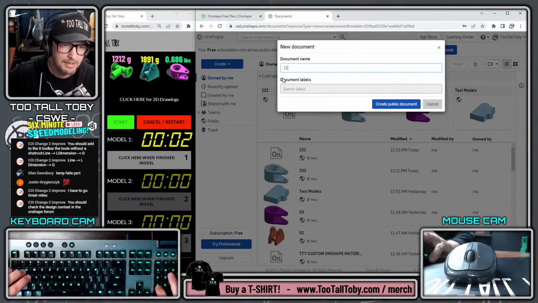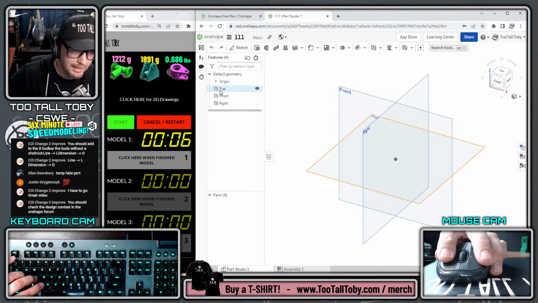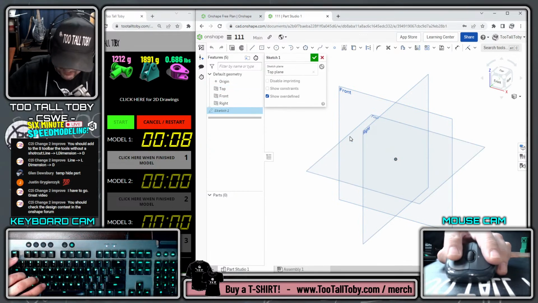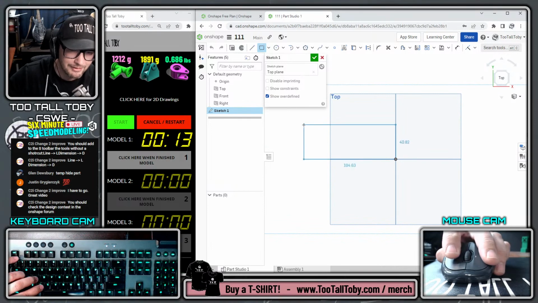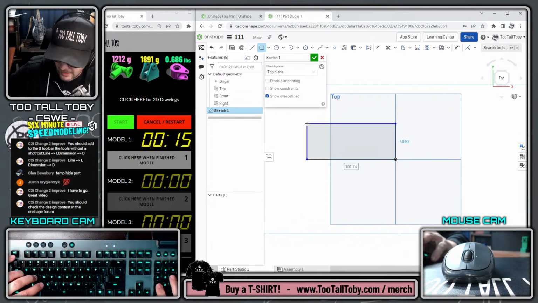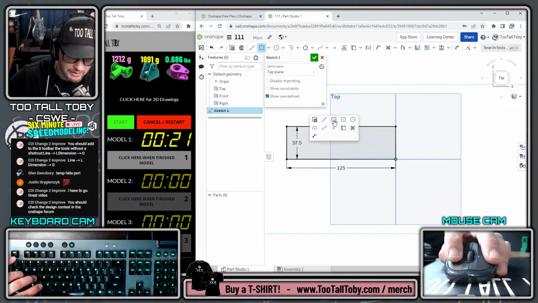So we're going to create a document here. I'll call this one 111. And for this one, we're going to use our top plane. I already forgot all the dimensions that we agreed to use for our rectangle technique. I'm getting nervous. Let's go. So this is going to be 125 by 75 over 2. This one here is going to be,